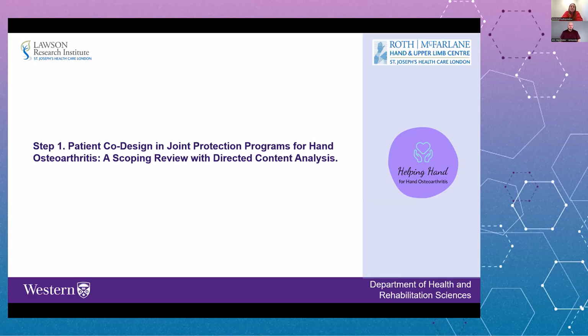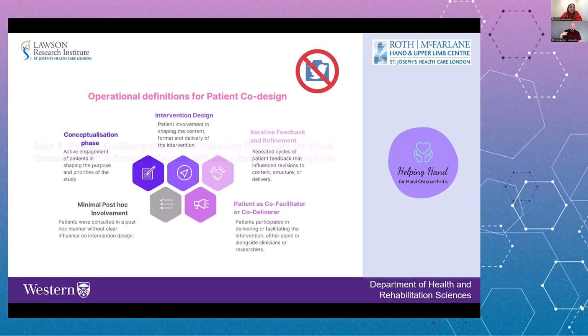So the first step was to map what already exists. So we conducted a scoping review of patient involvement in the design of joint protection programs for hand osteoarthritis. And the first barrier that we found was that even though there is a lot of published literature on how to do patient co-design, we couldn't find a tool that we could use to map the process. So the first step was to design some operational definitions to be able to assess whether the included studies